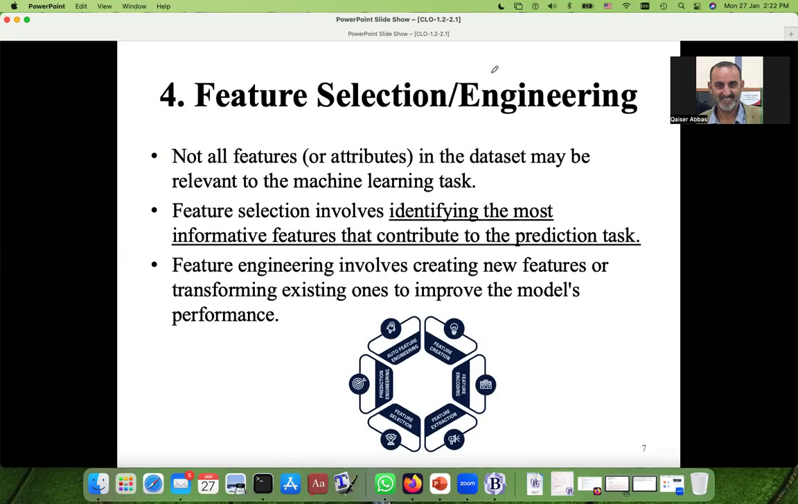Moving next to number 4, feature selection or feature engineering. We already know what a feature is. If our data is not in a tabular form, it is textual, paragraphs and paragraphs or something like that,